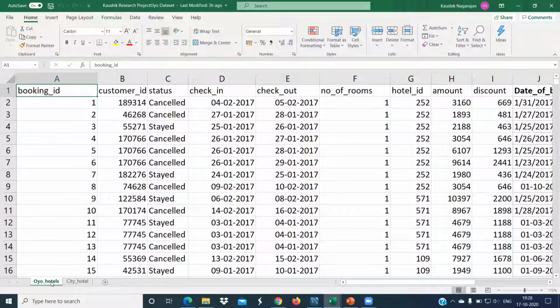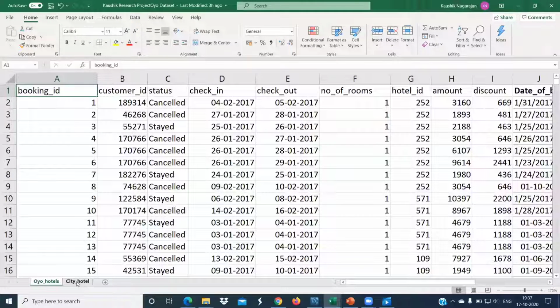Advantage of using SQL when compared to other languages and tools is SQL is a language which closely resembles English, which means even a layman can understand what an SQL query does. That is the purpose of the query. So SQL is much simpler to code when compared to R and Python. Moving on to the project.